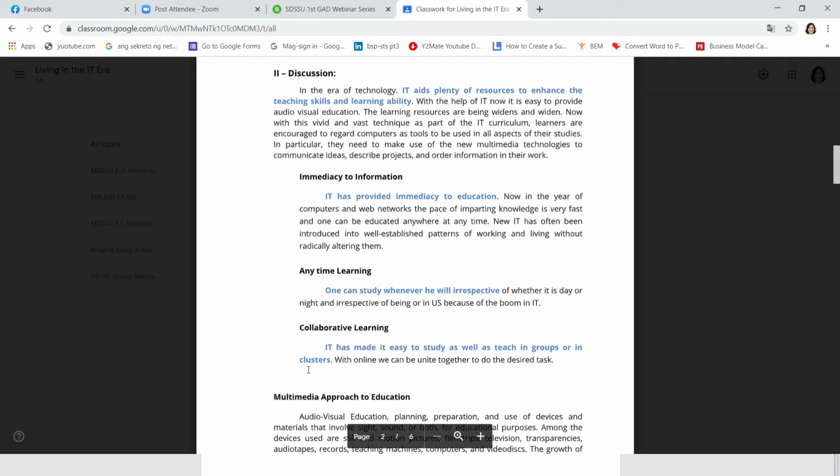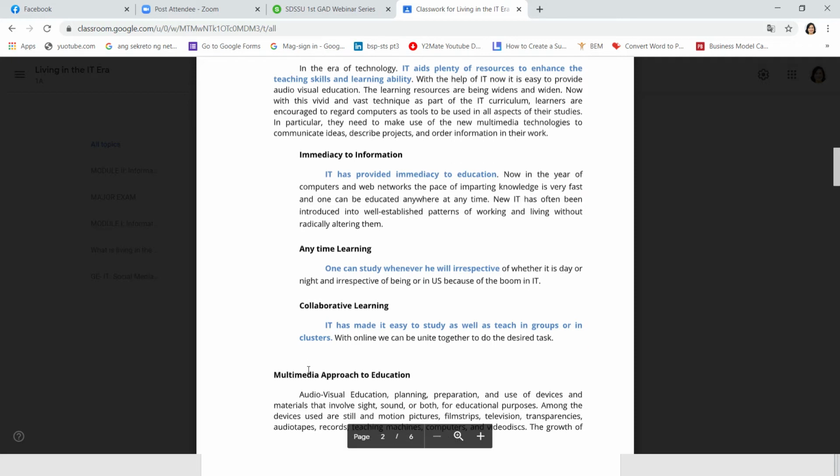Now we have collaborative learning. Information technology has made it easy to study as well as teach in groups or in clusters. With online, we can be united together to do the desired task. So, collaborative learning. Maybe you will be asking why I usually answer questions in group chats rather than in